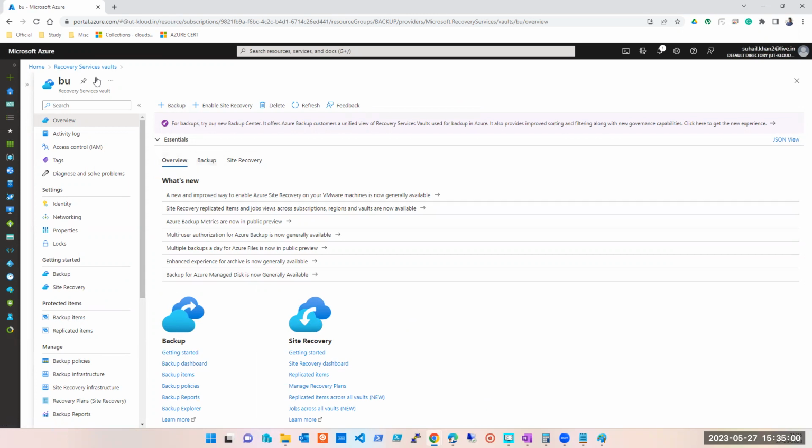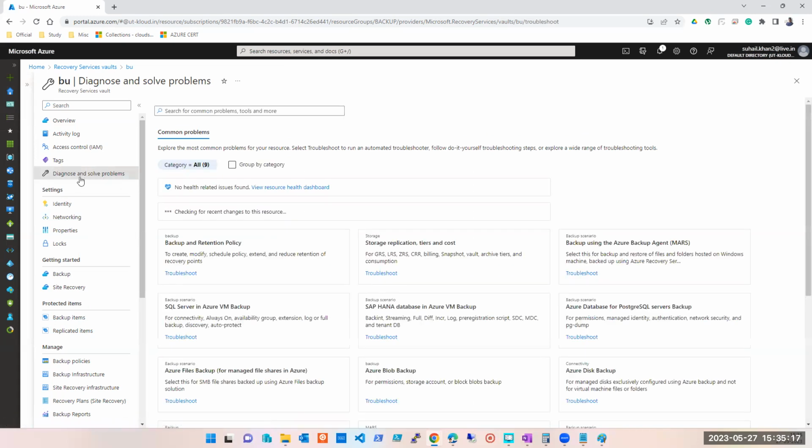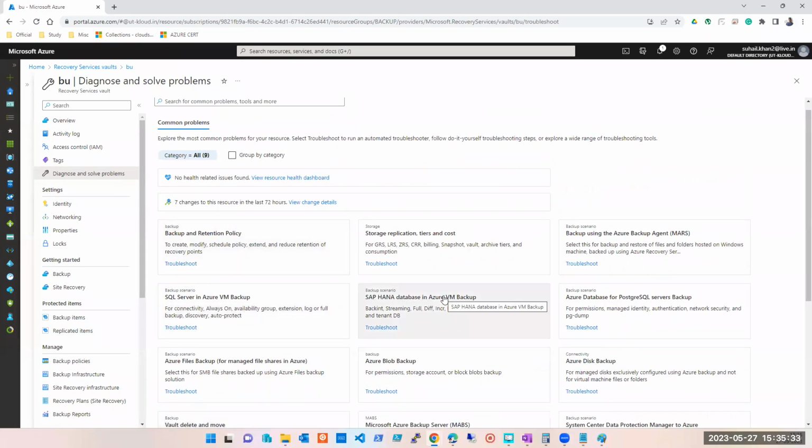And here is the overview of this vault. So what does it say? Overview, logs, tags, all these, you know, right? This section, guys, I have been telling you, I never checked with you whether you are working on this or not, but it's your responsibility to go ahead and explore this section for all of the services. यहाँ पर आपको automatic interview questions and everything सब कुछ मिल जाएगा. Interview questions से related जो troubleshooting scenarios वगैरह people who are asking me, यहाँ पर आपको by default मिल जाएगा. इसमें से 2-4 भी आप याद रख लो ना. So your job is done,